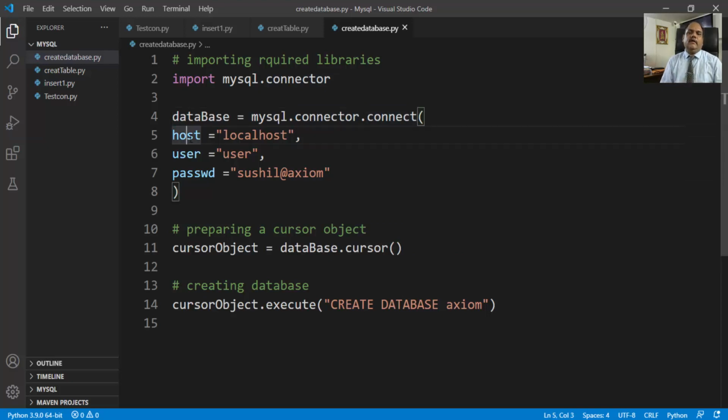When we develop a web-based application, the host will be the web server. You may give the complete path like 192.168 and so on, that web-based database. But right now this MySQL is running on a local machine, so host equals localhost, user equals root,